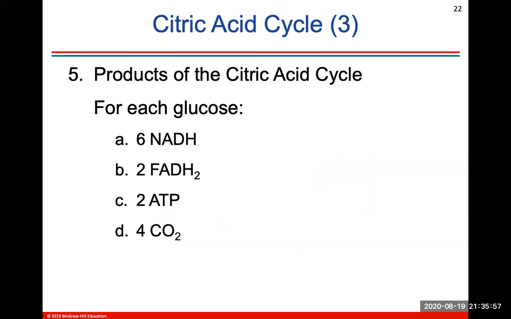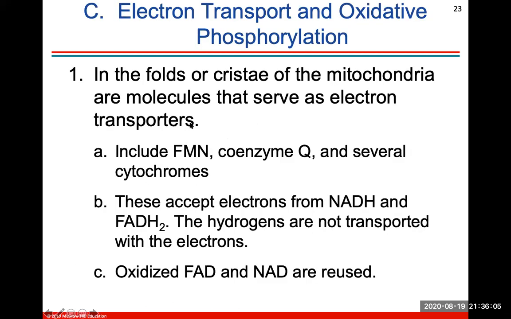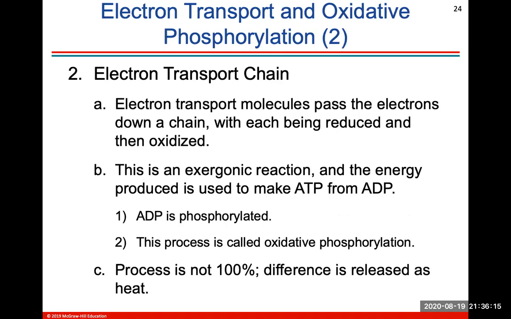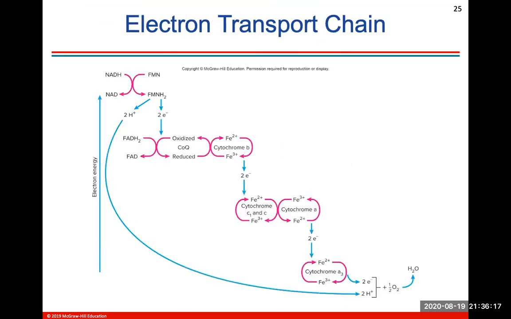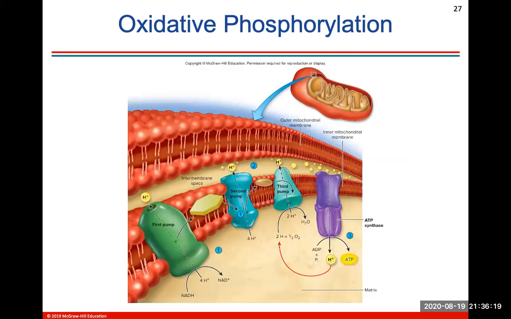So for each glucose molecule, these are your products. And you should kind of know that these are the products for each glucose molecule. And then the electron transport chain happens in the mitochondria. I'm going to go through this with a picture here. So this is what we call oxidative